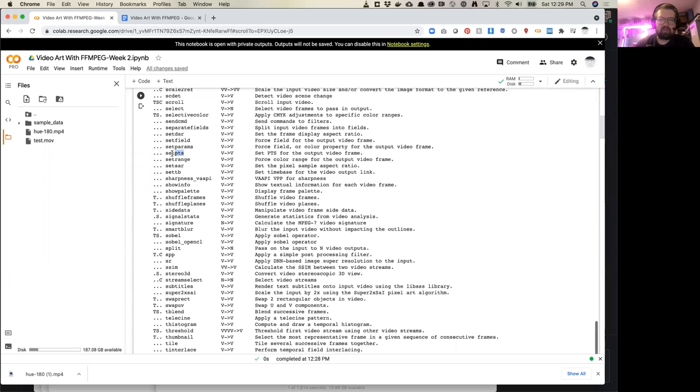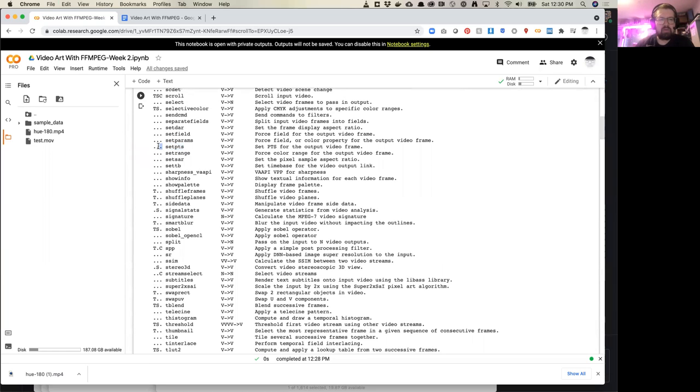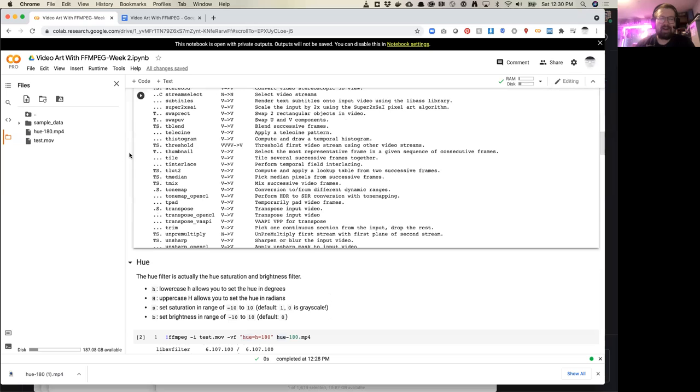So there is a filter called setpts. Setpts actually allows you to set the speed of something. Interestingly enough, it says it doesn't have a C filter, but it definitely does. Well, FFmpeg documentation isn't always the best, but usually what you'll see is a lot of people will do